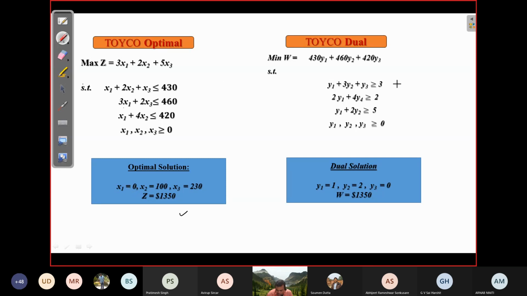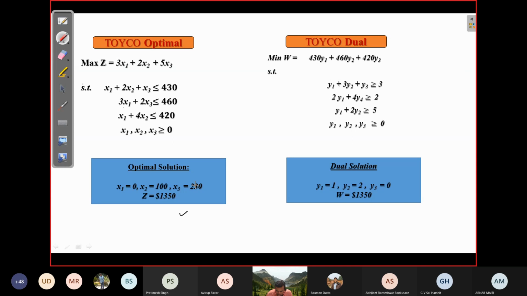If we take its dual and solve it, we get these values, which again means that y1 equal to 1 means what? That if you increase the capacity of operation 1 by 1 unit at the right hand side, your profit is going to jump by 1 unit. Similarly, we can explain for y2 and y3. So these are the unit worth of resources or shadow prices of the resources. Resources here are in terms of the time, availability time for a particular operation. So these we have all seen.